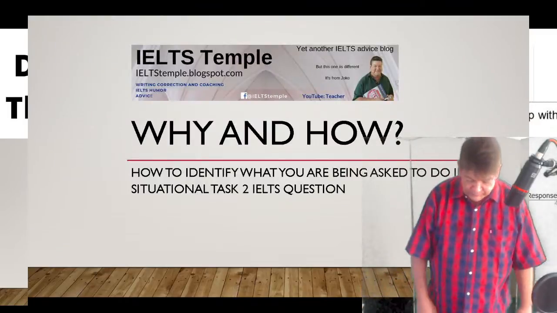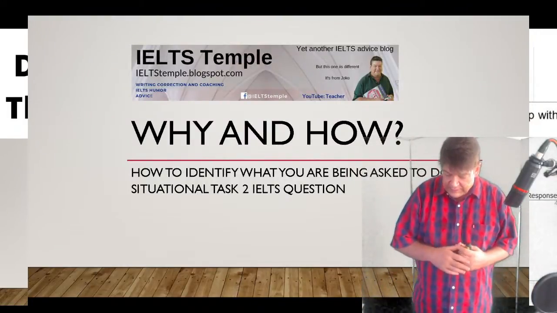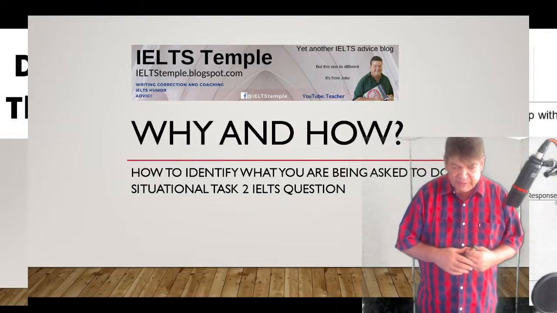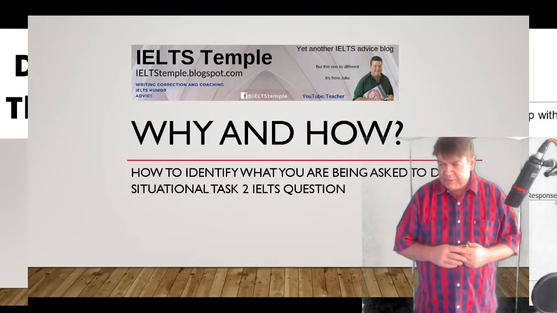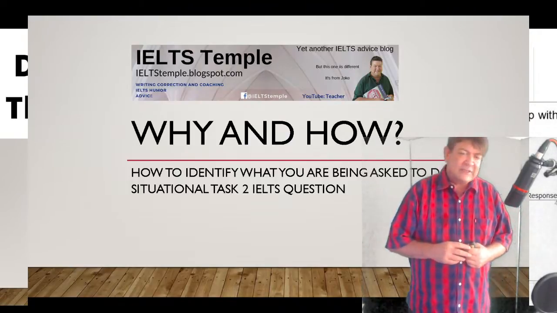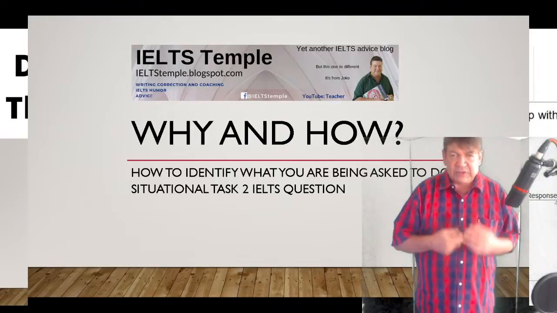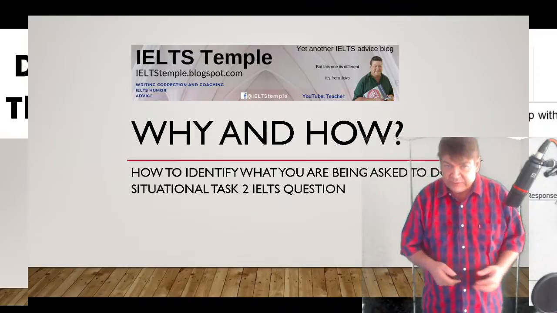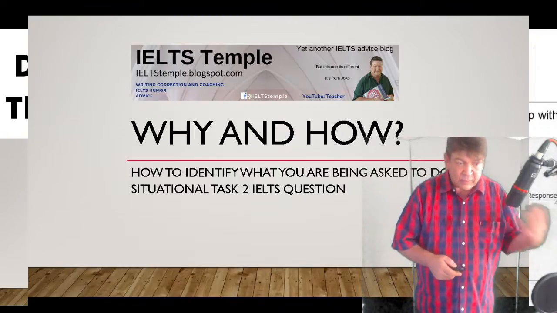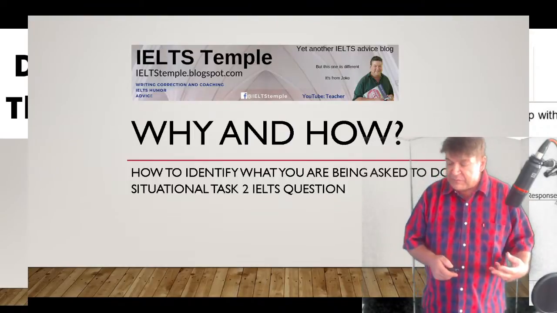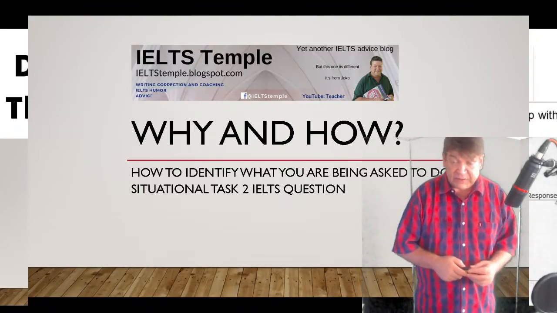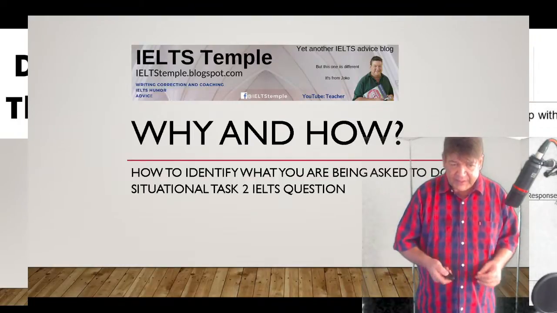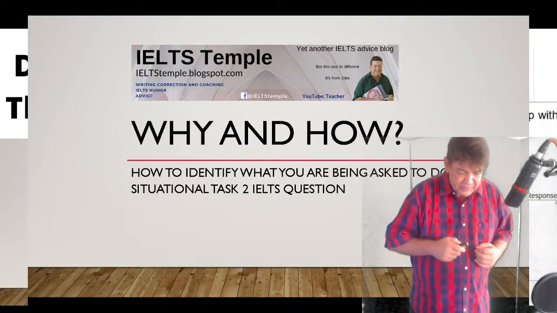All right. So, it's already been mentioned by other mentors that, well, look at this strange question. It's not a typical situational essay. A situational essay sometimes is known as a problems and solutions essay. But this one here, thank you to Shelley for telling us that yes, it is from Cambridge 16. And in a situational task 2, you're either asked,